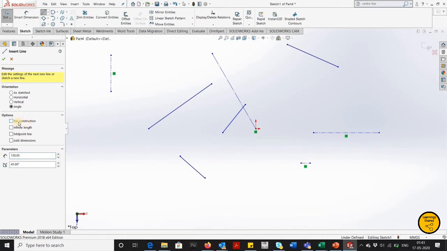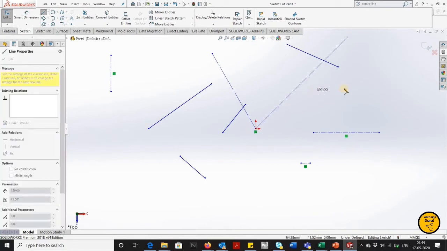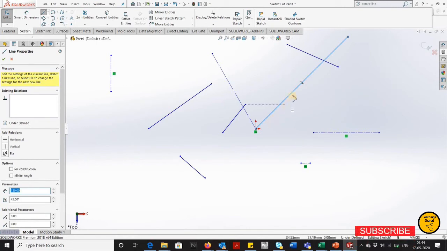Then if I remove it, my line will not look like a dotted line. I will get a solid line. As I have chosen the angle and length already, I just have to click on the first initial point. The line will come automatically.